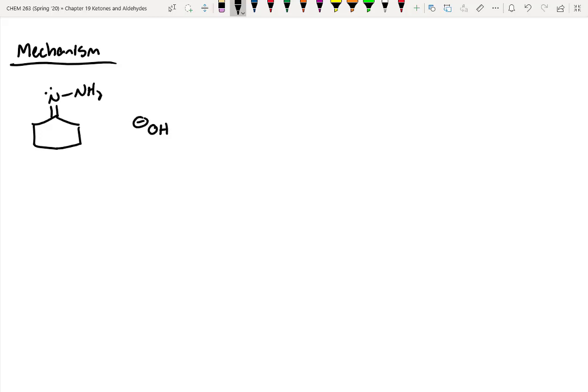So hydroxide is a pretty good base. The question is, well, where's the most acidic proton? I would argue that the most acidic proton would have to be one of these protons coming off of the nitrogen, right? We know that protons that are attached to electronegative atoms tend to be more acidic according to our ARIO rules. So this will grab that proton,